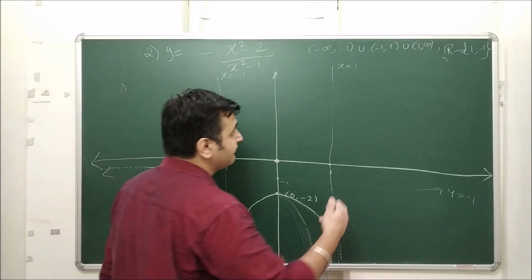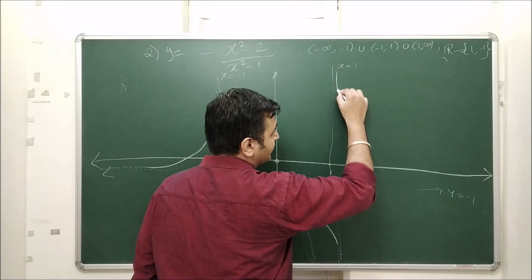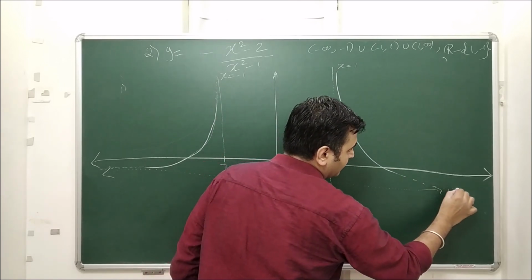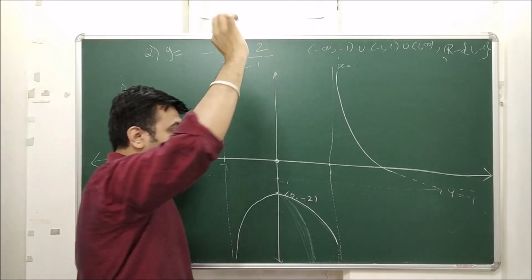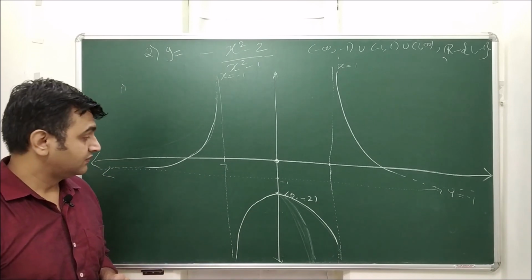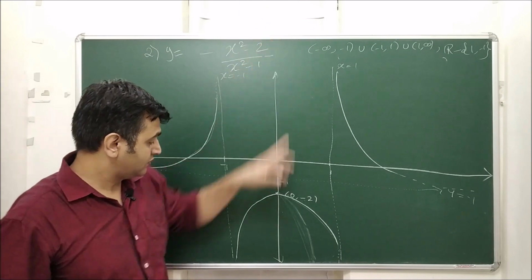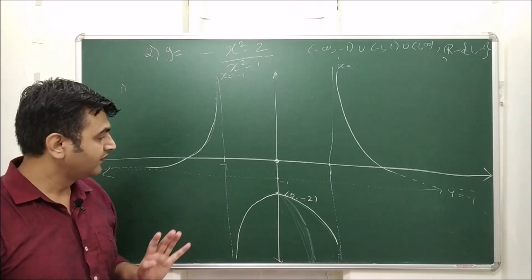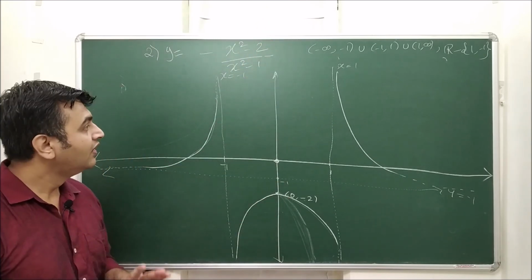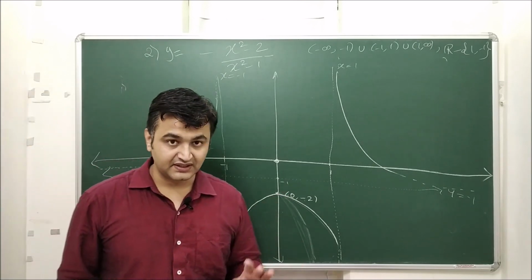And finally at the end we have decreasing and concave up. So again the same thing. So that's the graph of the function. Here you have local maxima. Okay, no absolute maxima, no absolute minima. You have only local maxima. So I hope the graph of this function is clear.